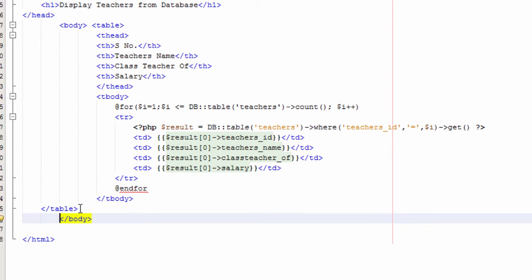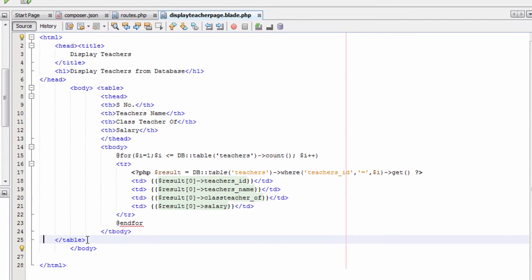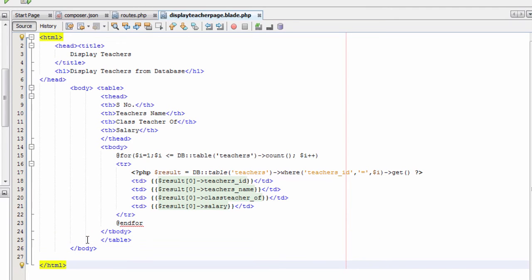Then below the closing TR tag, add @endfor. And this is our whole display teacher.blade.php file.